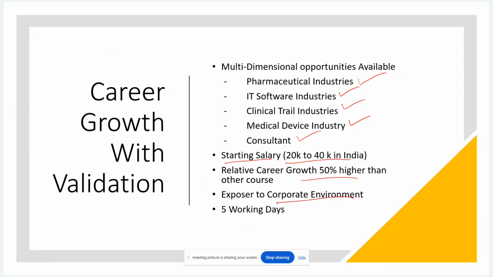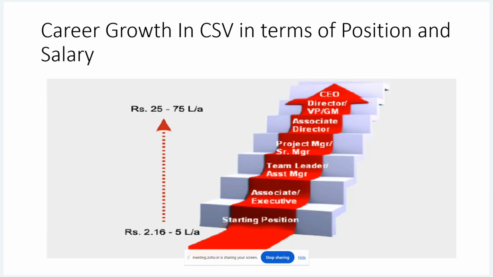You get exposure to a corporate environment, and CSV allows a work from home option. Plus, you can enjoy 5 working days as well. So both options are there in the CSV industry. The starting package for a fresher is this, and it may go beyond that. This figure is very low actually.